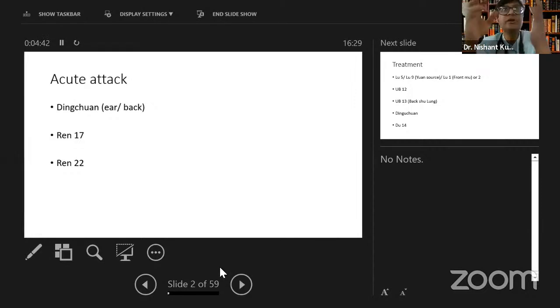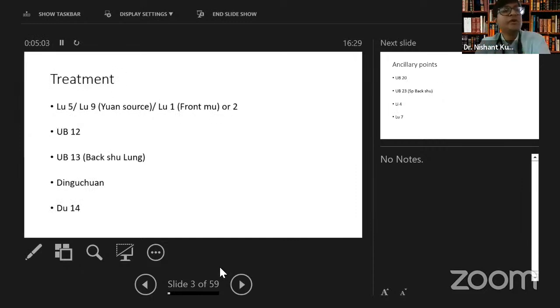Now, if you read your book, there will be many things. Now, asthma is propagated to be a multi-organ disease in traditional Chinese medicine, TCM. So it can be because of lung, it can be because of spleen, it can be because of kidney also. Whether the energy is low or high, we won't go into that. But yes, acute we know, but for reduction of medications and stabilization of disease, since the pertaining organ is lung,